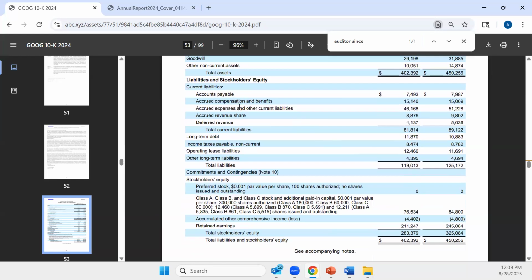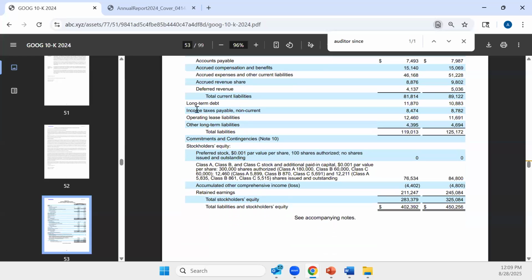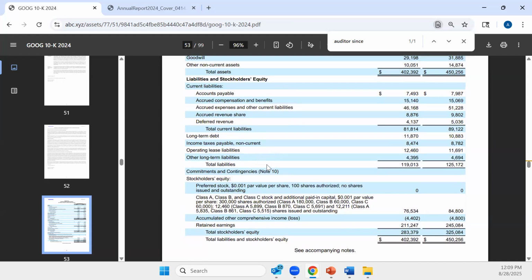Then you've got your accounts payable, accrued compensation, which is similar to salaries payable, but that's also going to include things like the vacation time accrual. Long-term debt, income taxes payable, operating. It's all the things that we've really been talking about. And then once you get to stockholders' equity,